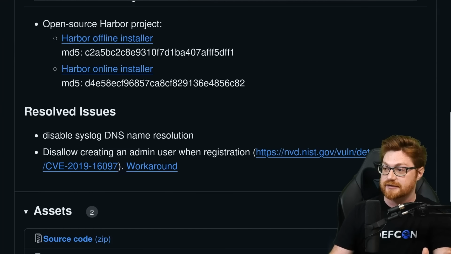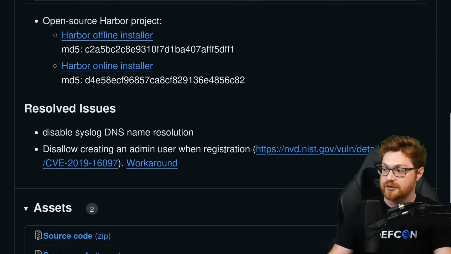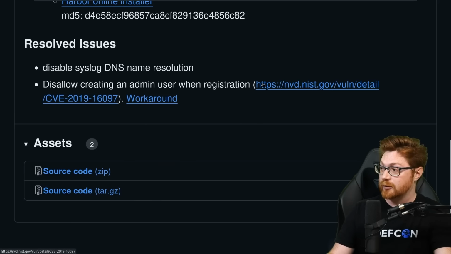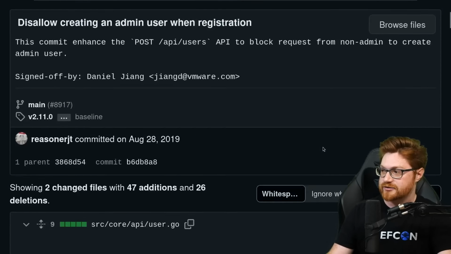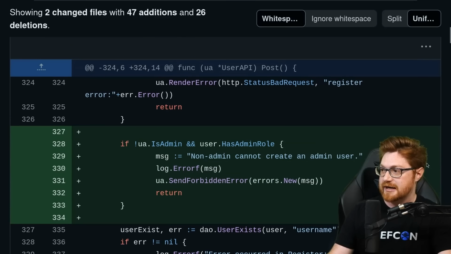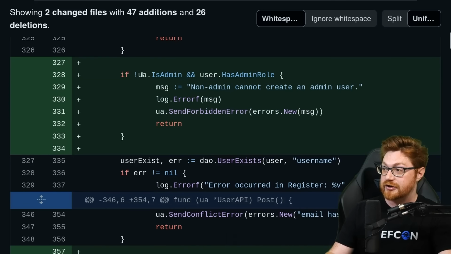You could actually see in the release information, the resolved issues include disallow creating an admin user when registration with the CVE link. It also includes information for the workaround, but let's go take a look at the commits. And here it is, disallow creating an admin user when registering, and the changes that they made are actually adding in to our user API post function methodology that we saw here, adding if it's not an admin currently, and the user has admin role, then it says, hey, a non-admin cannot create an admin user, logs the error, and